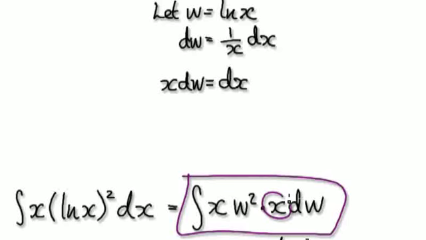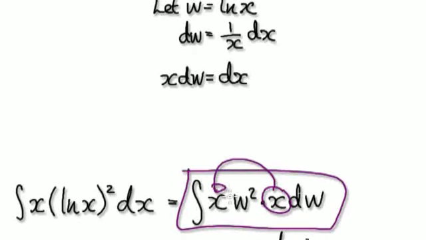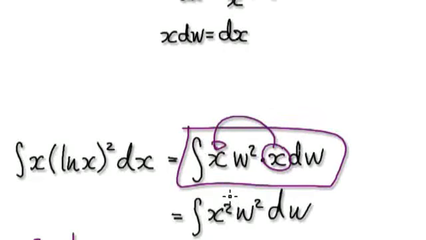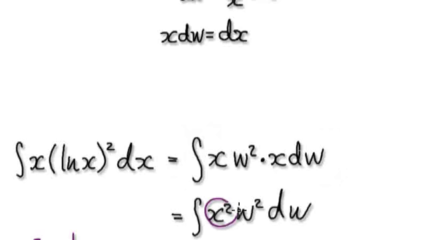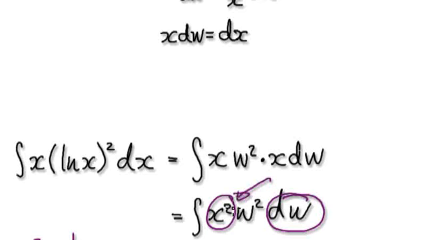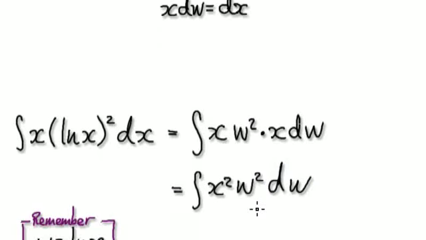So now tidy this up. That will then give you this. So now we are integrating with respect to W. So we need to find a way of getting rid of this x here because we are integrating with respect to W. So earlier we said